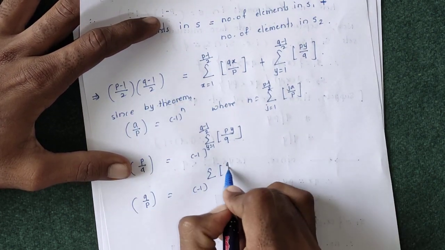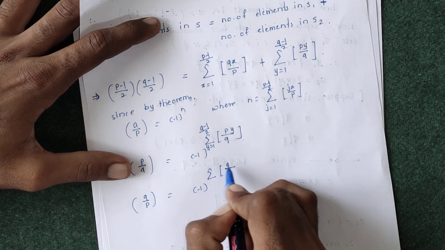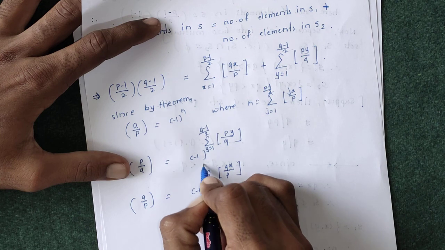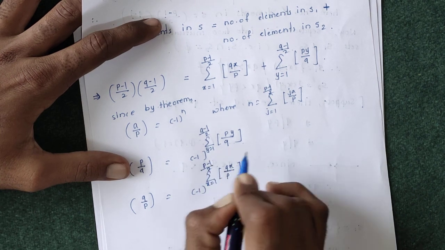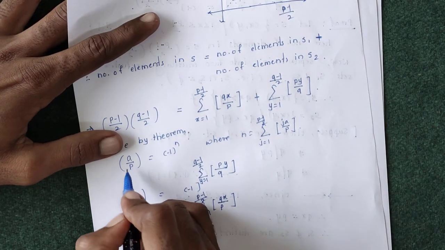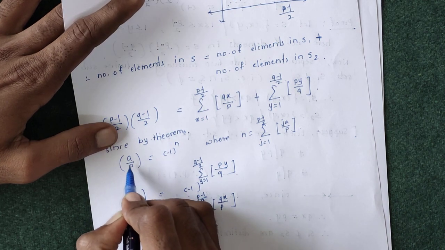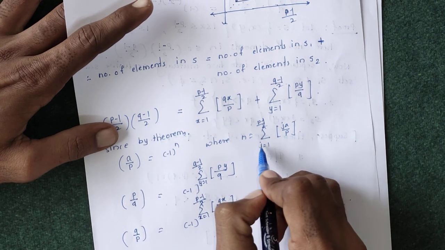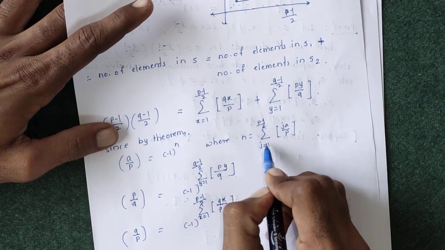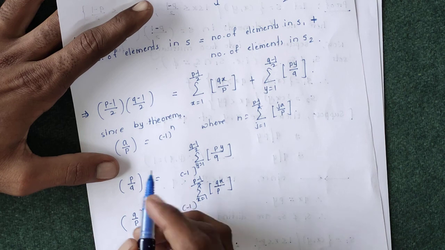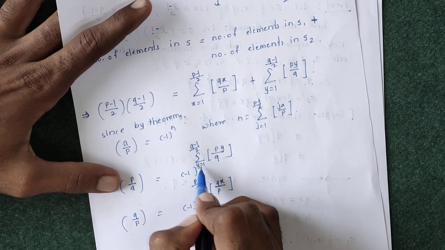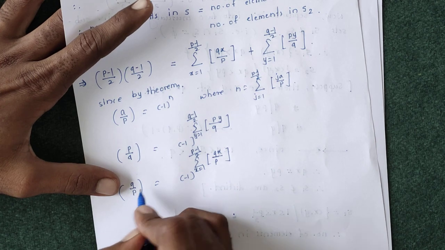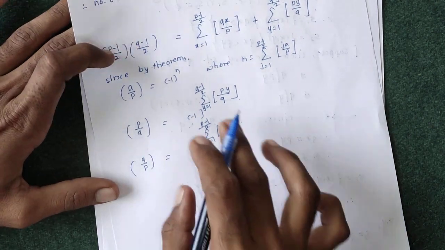Now, here q and p. So, taking notation multiple number as x. So, x varies from 1 to (p minus 1) by 2. Here we are taking the Legendre symbol of a and p. So, dividing a by p, we just write the summation from j to this (p minus 1) by 2. Similarly, here taking summation from y equals 1 to this (q minus 1) by 2, and in this, x is equal to 1 to (p minus 1) by 2. So, using that result, we can write this.